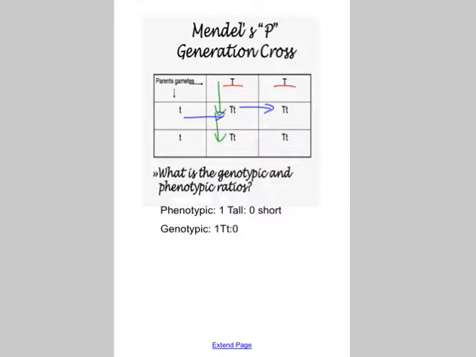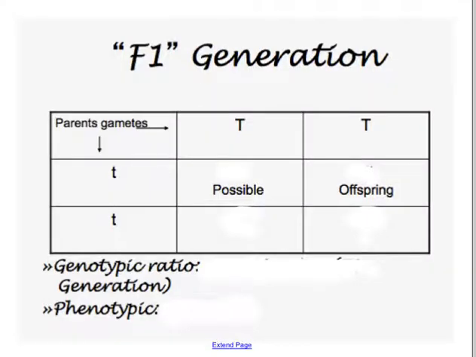You'll notice all of these ratios are not just numbers, there's a label with it: 1 tall to 0 short, or 1 big T, little t. They have to have some sort of number or letter with it. Let's take a look at the next one. Remember, these are the possible generations. Each of these boxes